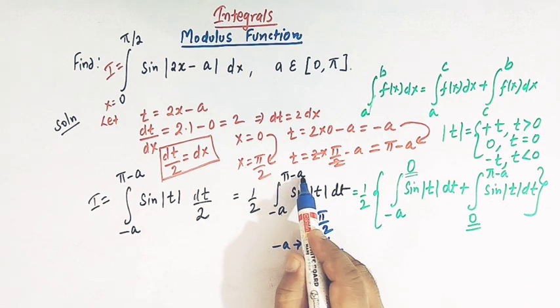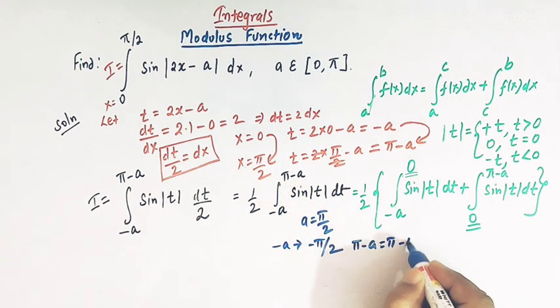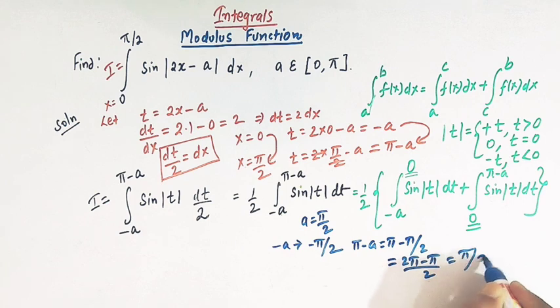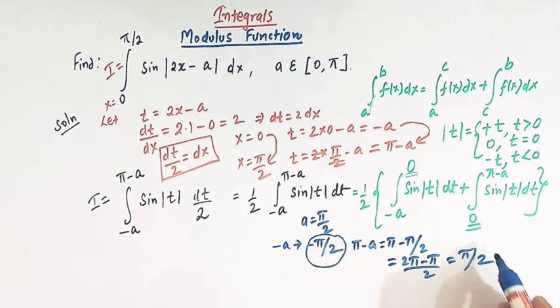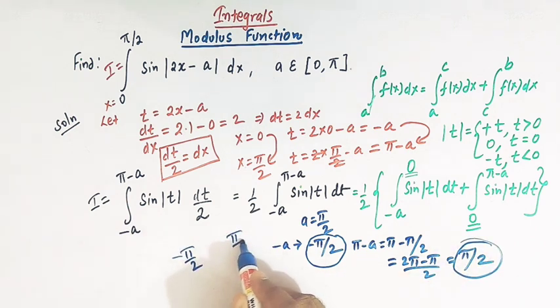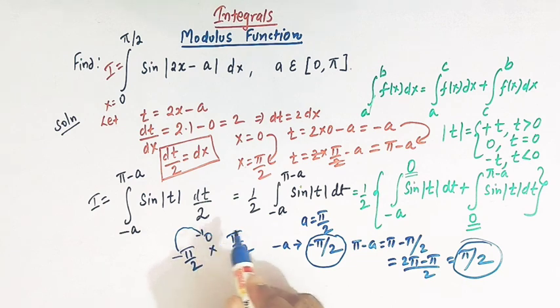And what is pi minus a? Pi minus a is pi minus pi by 2. So this is pi minus pi over 2, that is pi by 2, right? So it means we have to integrate from minus pi by 2 to pi by 2, right? So between minus pi by 2 and pi by 2, we have the point 0, right? So we go from minus pi by 2 to 0, and then we go from 0 to pi by 2,